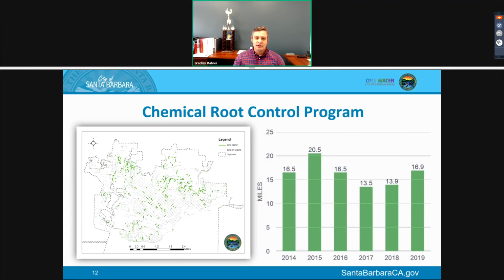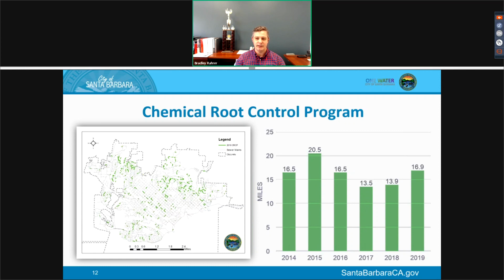So cleaning root sewer mains every year is a pretty daunting task for staff. And so in 2014, we started using a contractor to apply chemical root foam to a selection of our sewer system. And we have approximately 31 miles of sewer main within that chemical root control program. What this allows our staff to do is defer maintenance that would typically be required at a maximum of every 12 months. Once we've chemically root treated it and we look at the findings, we can allow this main to be pushed back to 24 months or 36 months